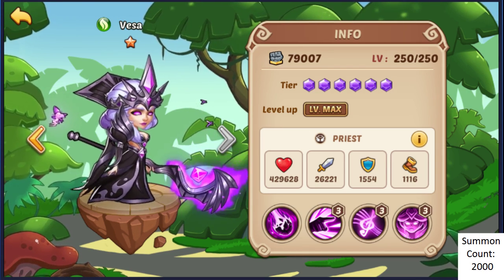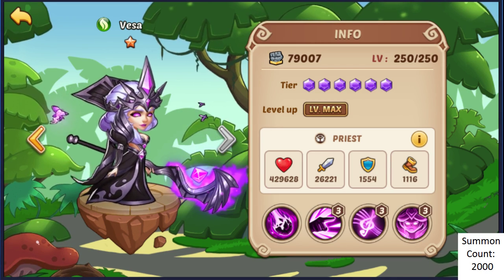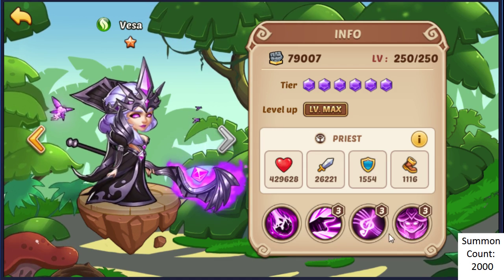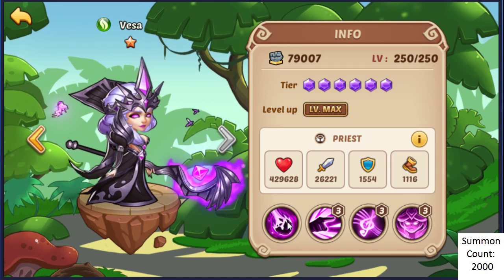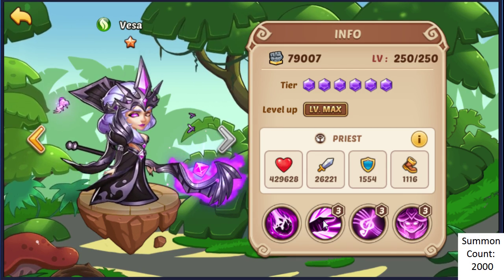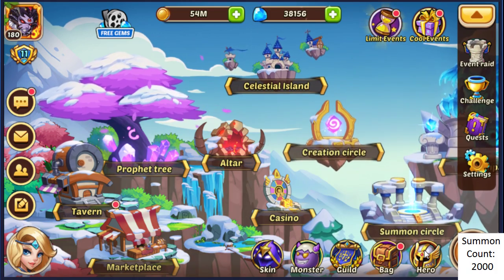So if you're going a full damage Vesa, you would go a crit damage stone and the Antler artifact, but as I said, for healing purposes you ideally want to go at an attack stone, and then again the Antler artifact. So while the Antler version of Vesa won't have the optimal damage output, it will certainly be the optimal hybrid healer damage version of her,